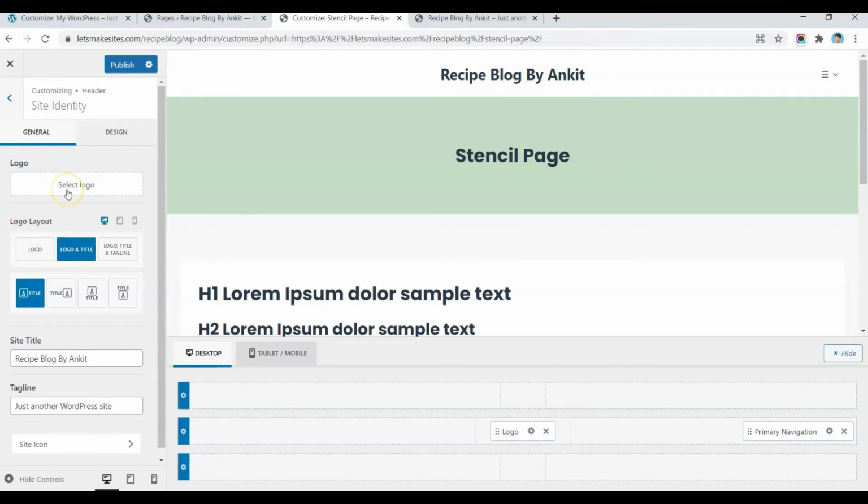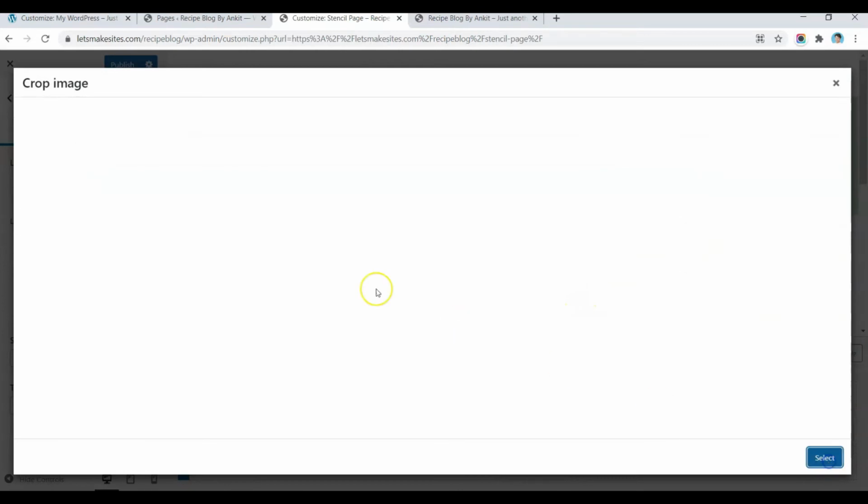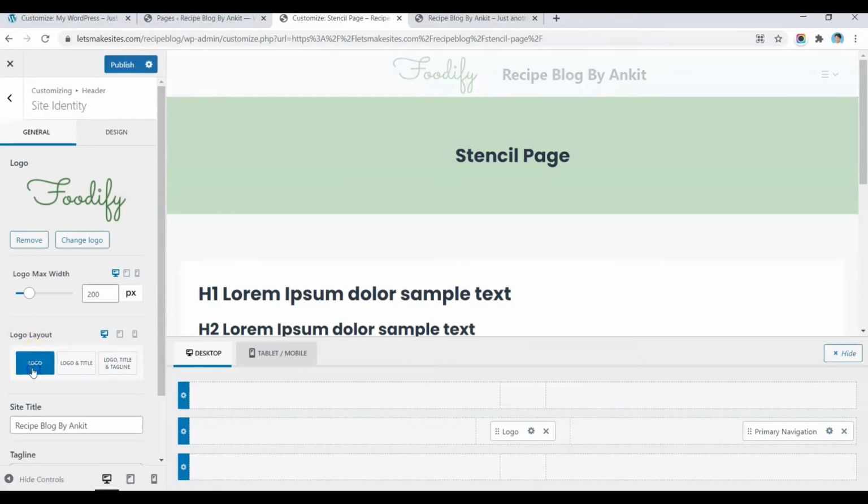So let's go ahead and select an image. Alright, so here is our logo file. Let's select that and we skip cropping. So now we have the image as well as the title of the website. So from here we select the logo so that it will only show the image,